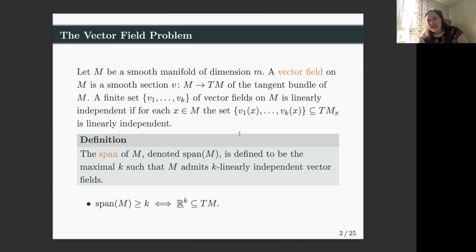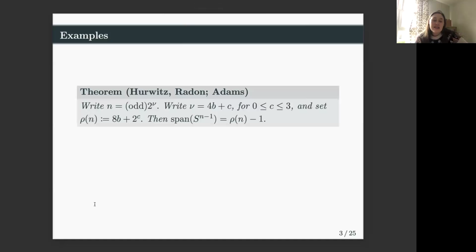So I'll use this fact a lot: if you have a manifold with span at least K, so it has at least K linearly independent vector fields, then the tangent bundle admits a rank K trivial subbundle. And this is my notation here, R underline for a trivial bundle. I'm implicitly assuming I'm working with real manifolds here, but it doesn't have to be real manifolds. It's just my notation. The vector field problem has a really rich history. I could tell you a lot of stuff about